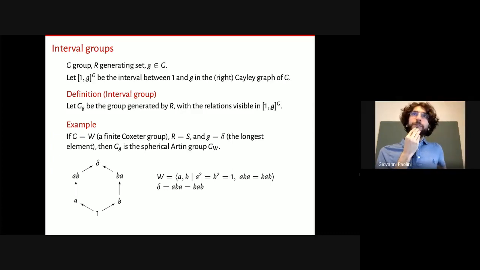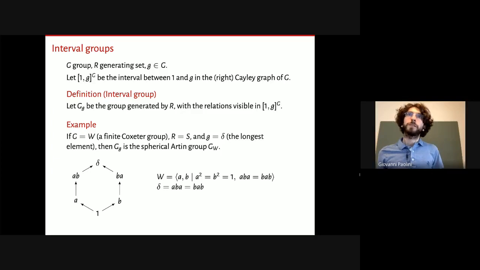And the interval between the identity and your special element g basically means that you look at all shortest paths from the identity to your special element, and you take that portion of the graph, just that. So all the edges and vertices that are part of some shortest path. Okay, and you define the interval group, which is associated with this interval between the identity and the special element